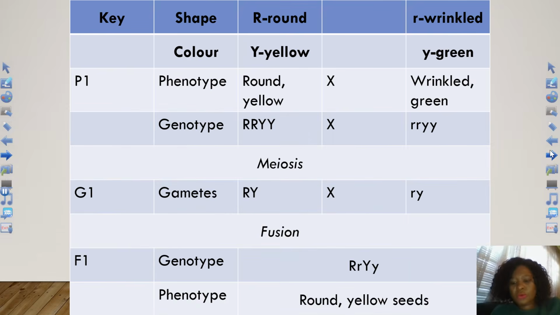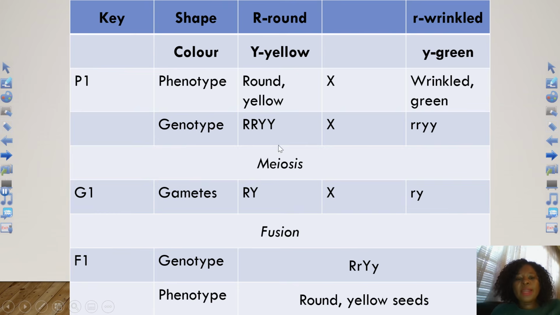So let's carry on. The next slide is just to show the same cross in the form of a Punnett square. You can see that when you do a Punnett square, it is much neater. Same here, we're starting with round and yellow parents crossed with wrinkled and green parents. Genotypes: these plants are homozygous, or pure breeding. So you have capital R, capital R, capital Y, capital Y, and then you have small r, small r, small y,